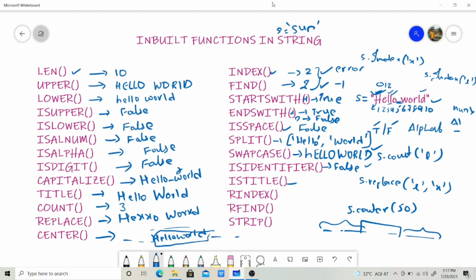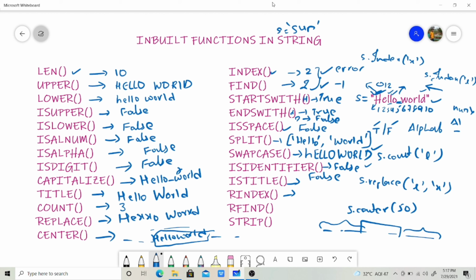And istitle, for example, if you take hello world, is this following the rule of the title function? Here the title function needs every word should start with a capital letter. Here W is starting with a small letter, so it will return you false. Rindex, index is used to find the index of a character, but rindex is used to find the index of a character from last onwards.